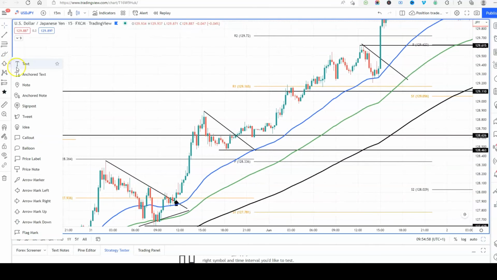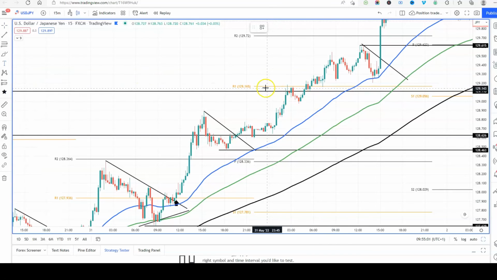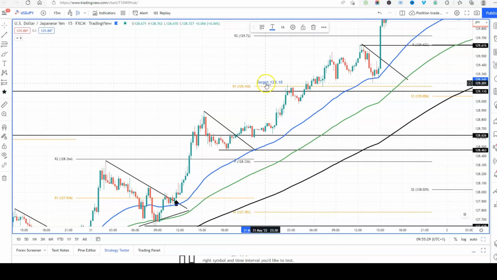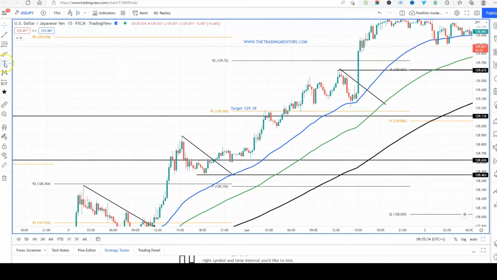Now, with a day trader, you're going to have targets. So here's your first target. This is R1, resistance 1. So what is the target? So your target here is 129.18. And I often post this on my daily updates. I do daily updates for people to see what's going on, where the targets are. And this is what I call extension,